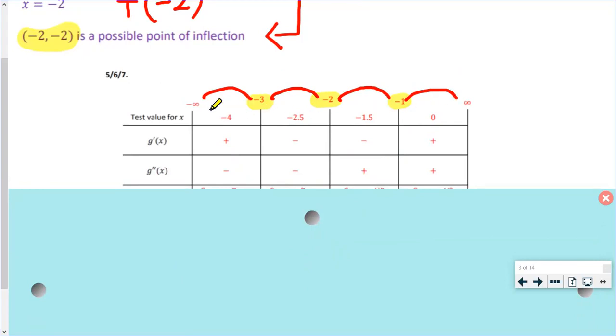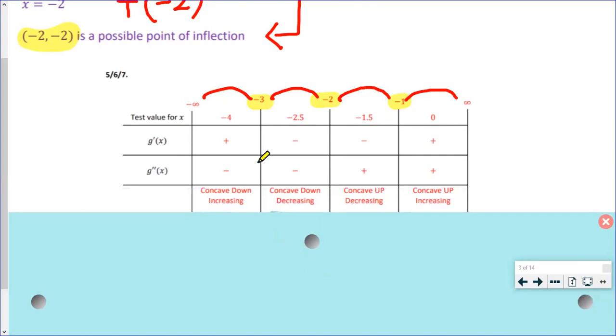Now, it doesn't really matter what test number you plug in those intervals, but no matter what you choose, your first derivative is going to yield these signs, and the second derivative yields these signs. Now, it's important not to mix up the two. So, for example, the positive first derivative sign indicates an increasing interval between -∞ and -3. The negative first derivative sign pertains to a decreasing interval between -3 and -2, and so on and so